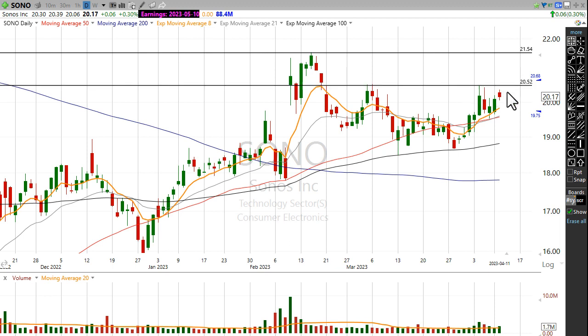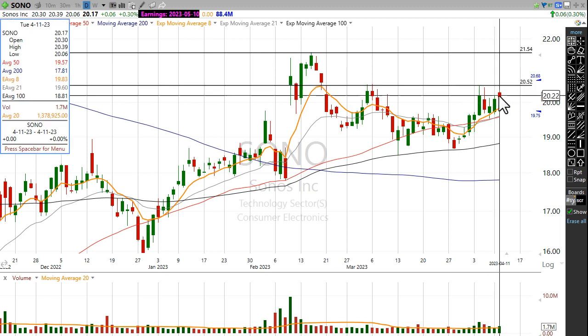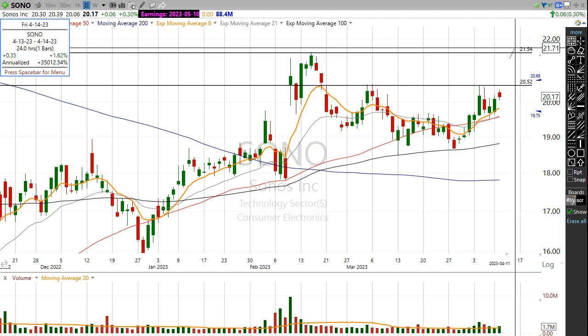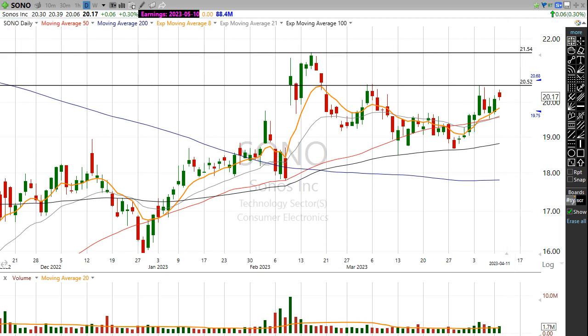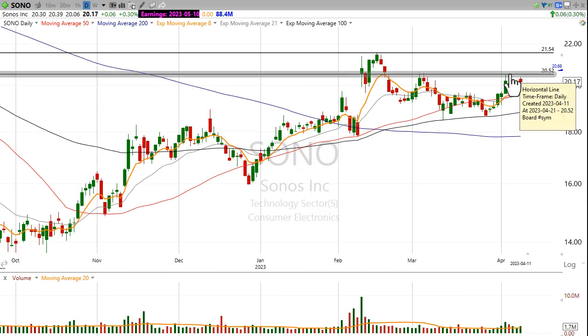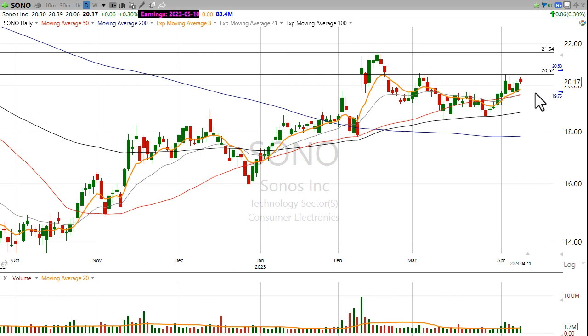I think we could get potentially some short covering with a breakthrough there, and then certainly with a break through there. So some pretty key zones here on Sonos that I think, if the shorts cover, could give this stock somewhat of an outsized move. So this is definitely a stock that I have on my watch list, and I think you should definitely consider